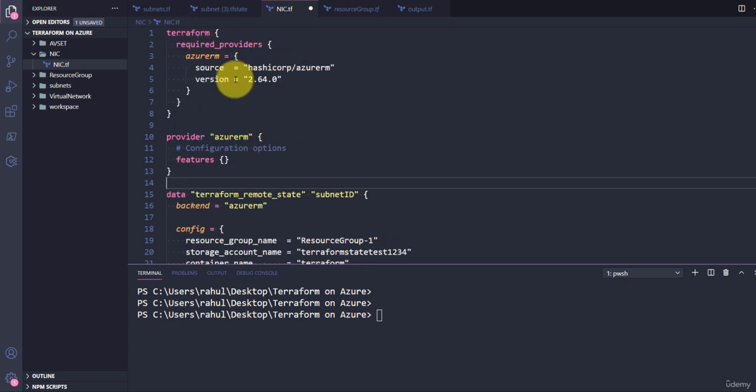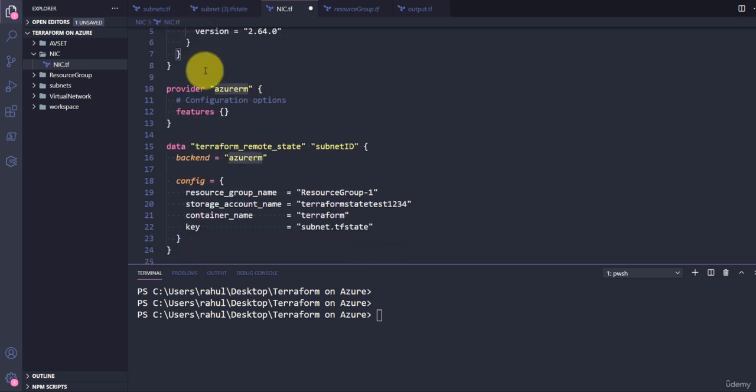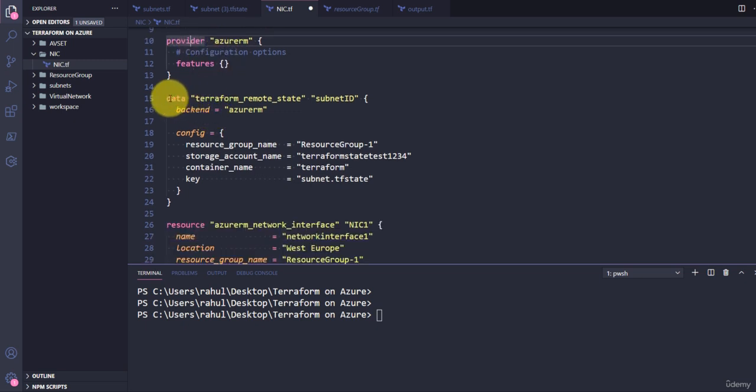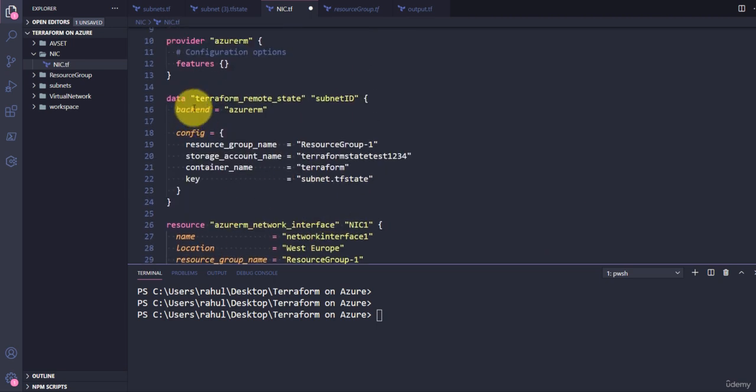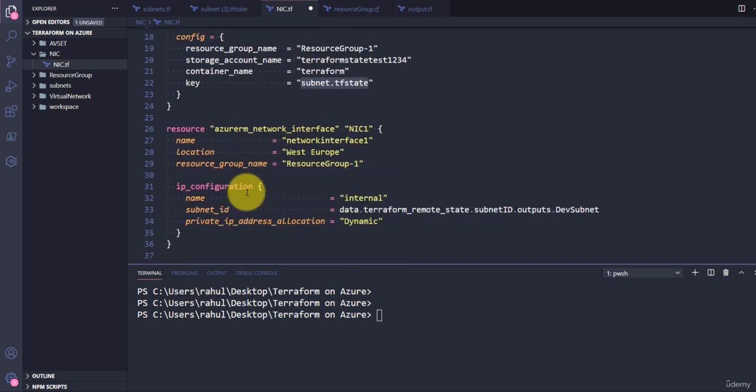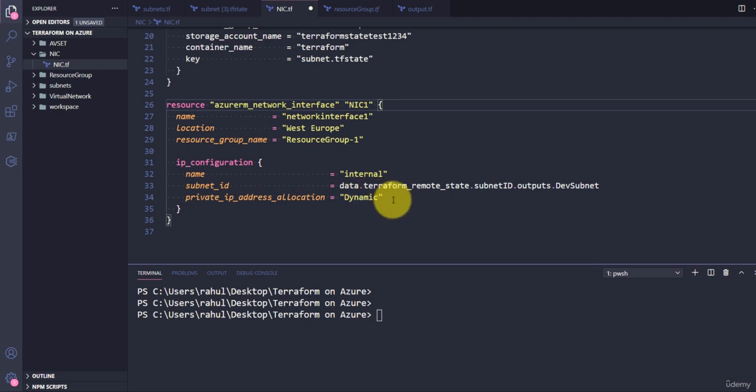Okay, so we have this Terraform block, then the Azure RM provider, we have this provider block over here, then we have the data block. This is going to tell Terraform where to check for the TF state file, and then we are using that TF state file and subnet ID details over here in subnet ID. You can actually pull multiple TF state files, that is possible. So copy the same block over here, provide the configuration. If you have a different state file, change the name, provide that over there. So you can provide multiple data blocks and multiple state files. So let me save this one